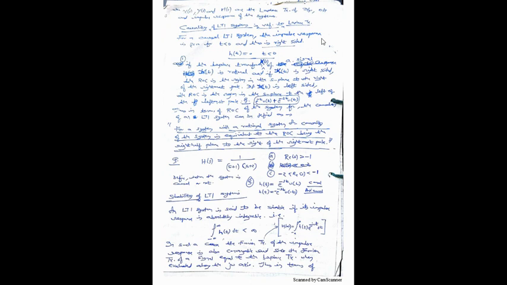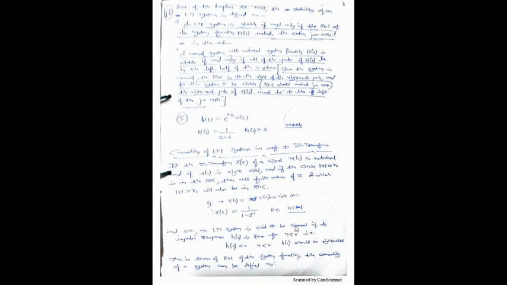So we have two conditions here, one for the causality and another one for the stability. For the causality, the condition is very clear. The ROC should be defined to the right side of the rightmost pole. If the ROC is defined to the right side of the rightmost pole of the system function or the transfer function, then the system is defined as a causal LTI system. Similarly, if the ROC includes the entire jω axis, then the given LTI system is defined as a stable LTI system.